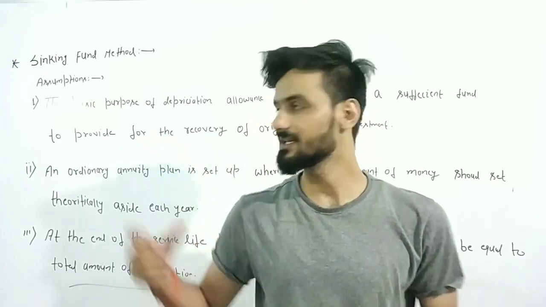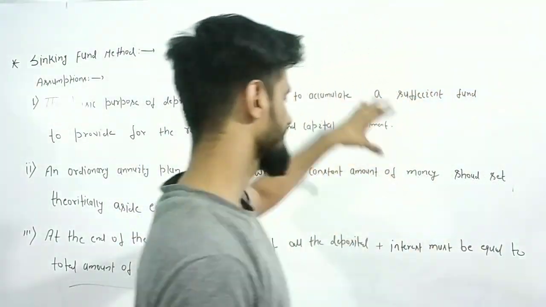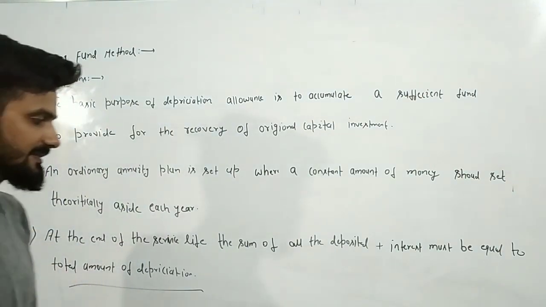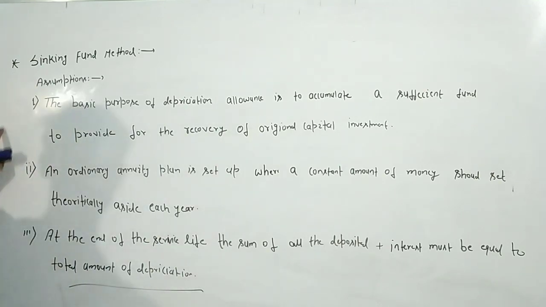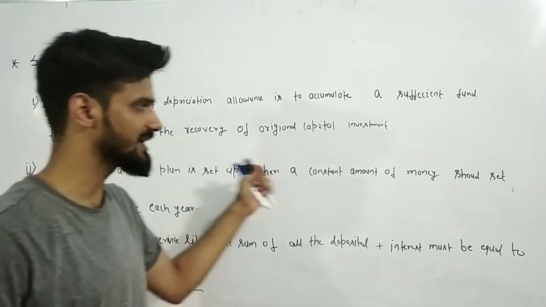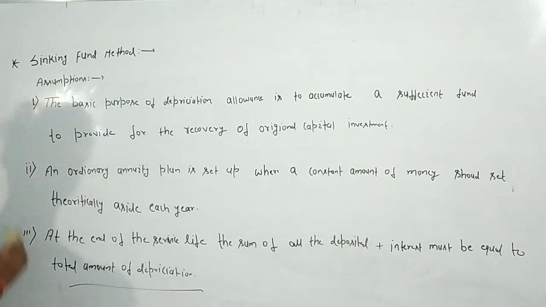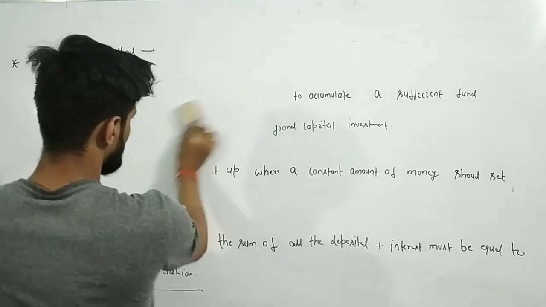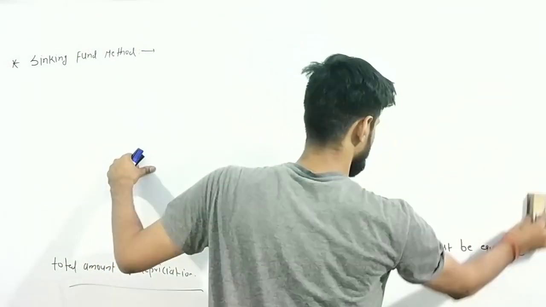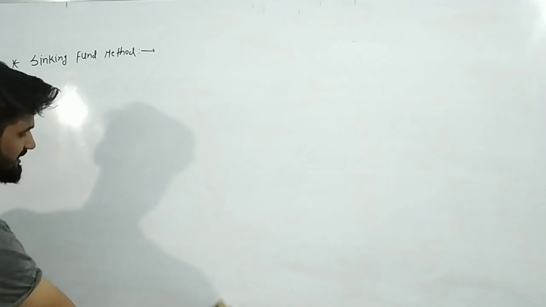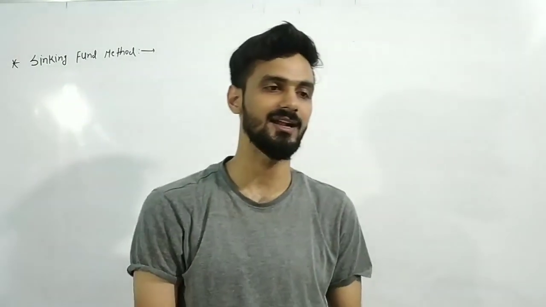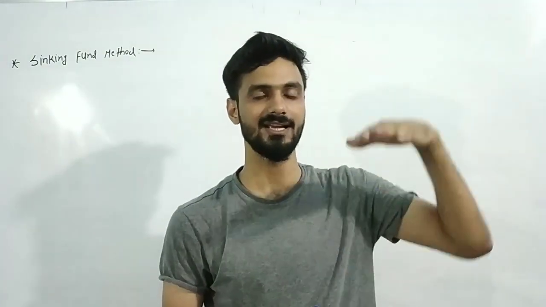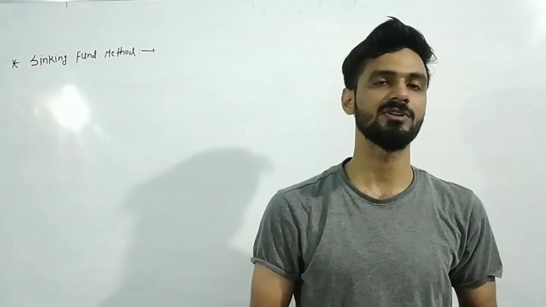Okay, so I have written these things on the board. Just try to understand, write all these things first, and I will tell you the derivation of this sinking fund method. These three were the major assumptions. From there we can calculate the formula for the sinking fund method. Now I am going to discuss the formula part and how we derive it. As in the third point, each and every year there must be a cash flow, and if you add all the present values of that cash flow, that will give you the depreciation amount at the end of the service life.